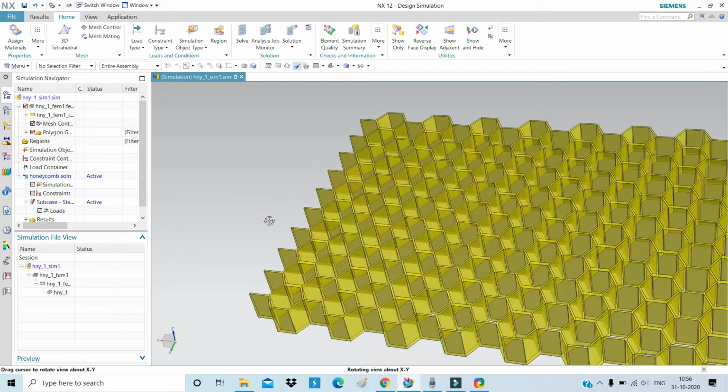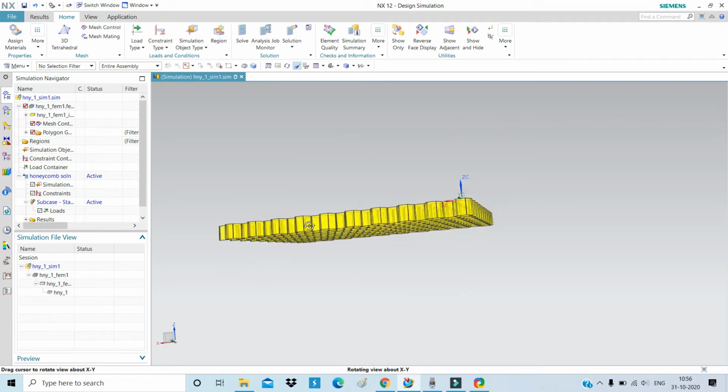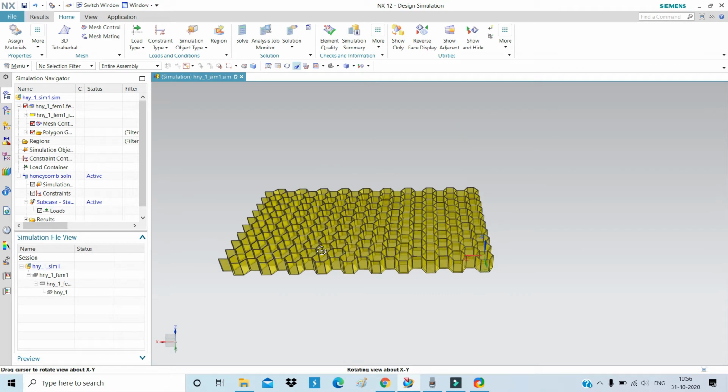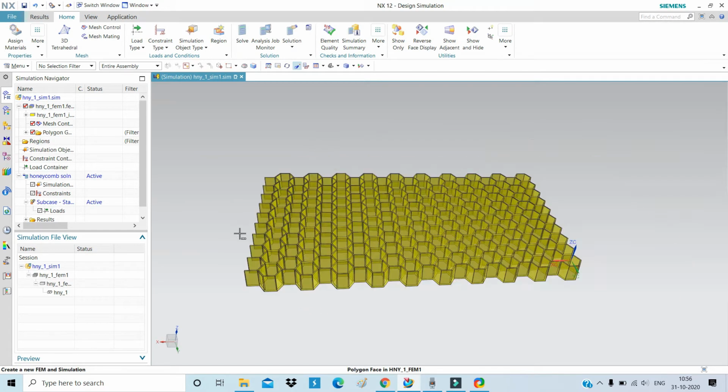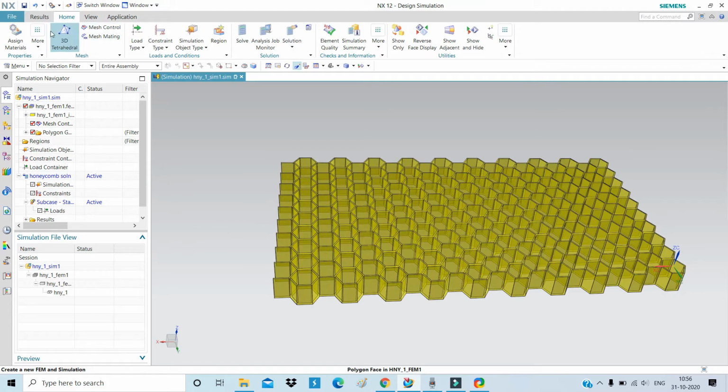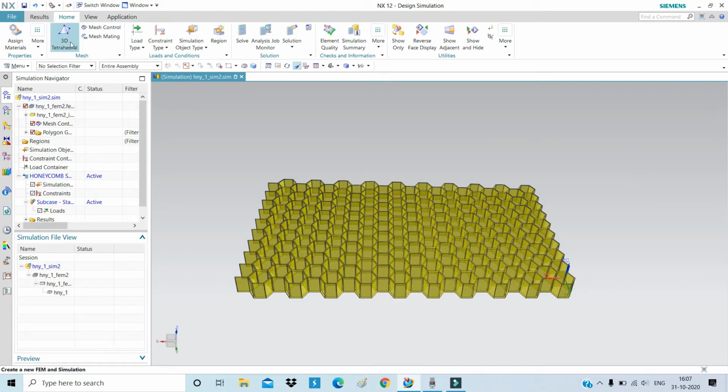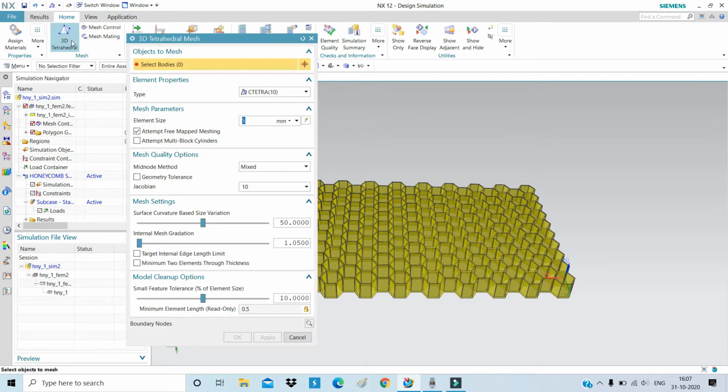After this we have to mesh this model. For this we have to go to the mesh tool. You can see the 3D tetrahedral mesh, as well as the mesh control and mesh matrix. For creating a mesh, in the mesh bar, you can see the 3D tetrahedral mesh. Click on this. You have to create a 3D tetrahedral mesh.